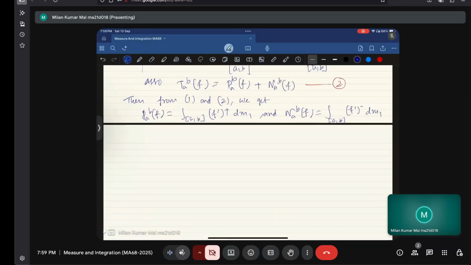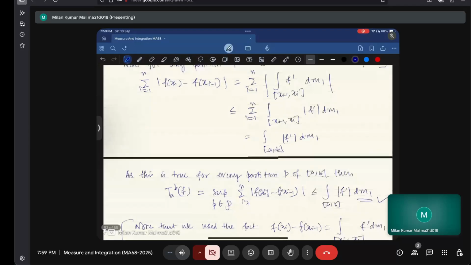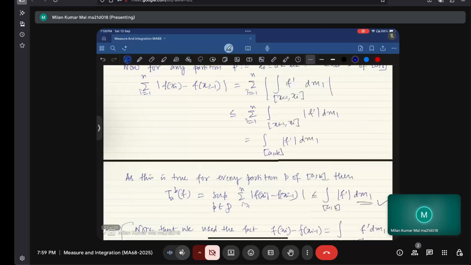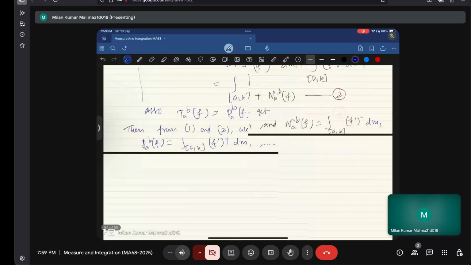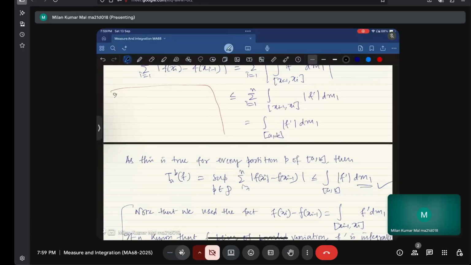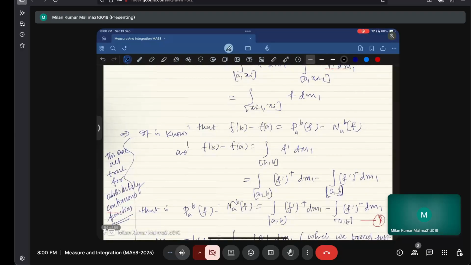So I'll not do any more problems. So here what we have used basically is the fact that f is absolutely continuous. So the important fact is that if f is absolutely continuous, you can write here: